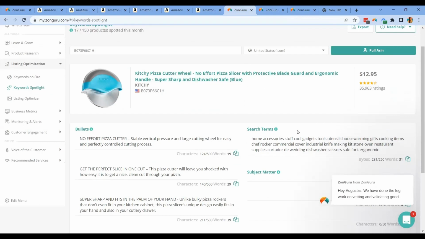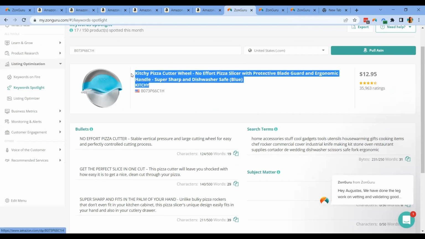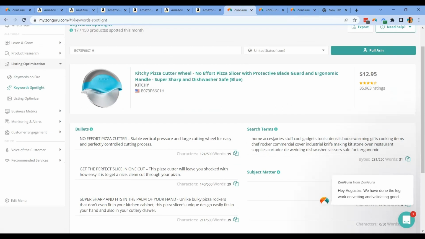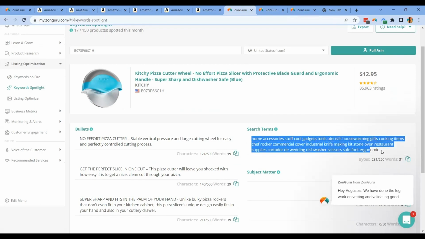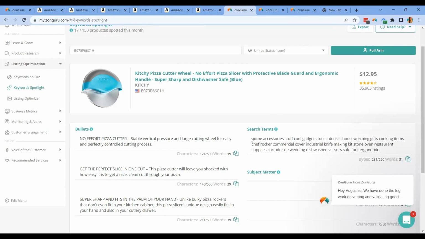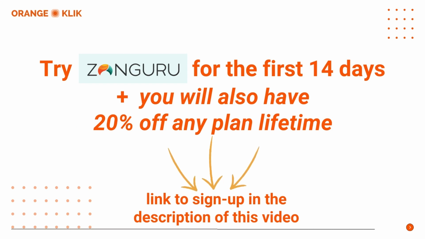So look at the difference here. Search terms really help us declutter our title and make it more readable to the customers. It looks professional and it really makes sense when you read it. In search terms, readability is not of importance. That's why you will see some of the keywords here that don't really make sense. But by separating them with spaces, you can see that some of the keyword phrases will make sense and are relevant to the listing.